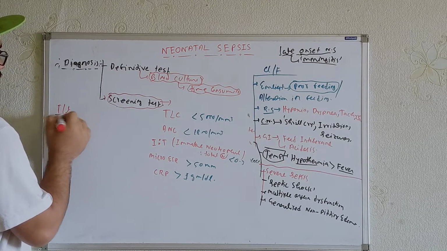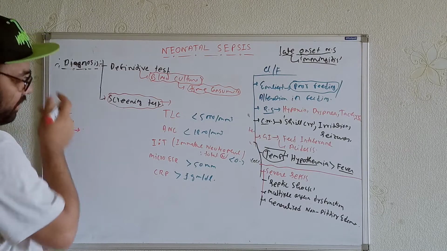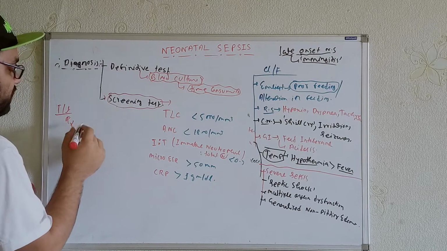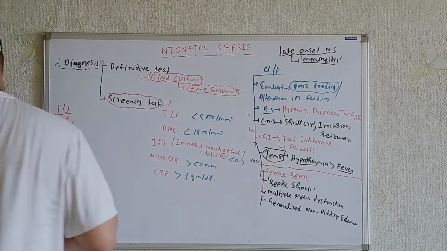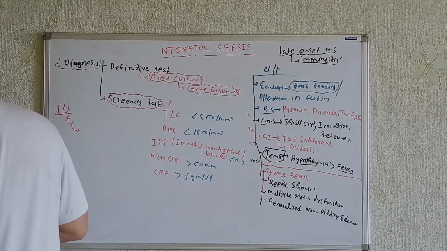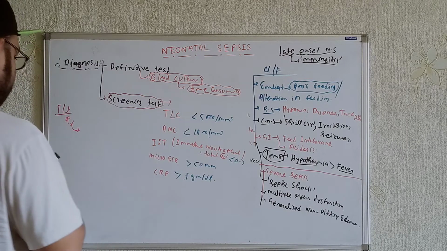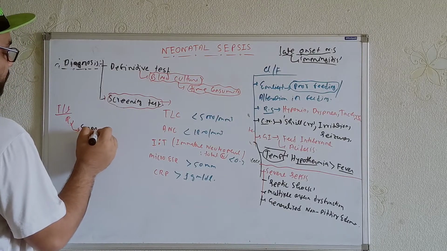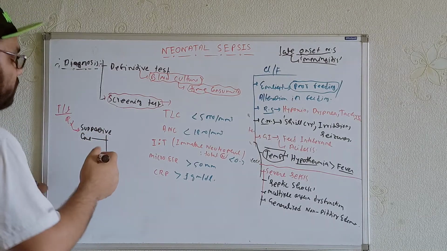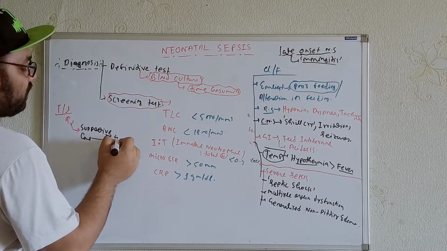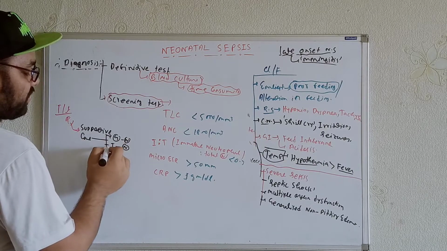In terms of the treatment, what can you do? There are some primary treatments. Whenever we get neonates in the hospitals, the first primary treatment, we can write it over here, is in the nursery. First we need to do the supportive care. Within the supportive care, we have to make sure of some factors. We have to see whether the blood glucose level is normal or not. We have to see whether the temperature is normal or not. Okay, we have to make sure of these things.